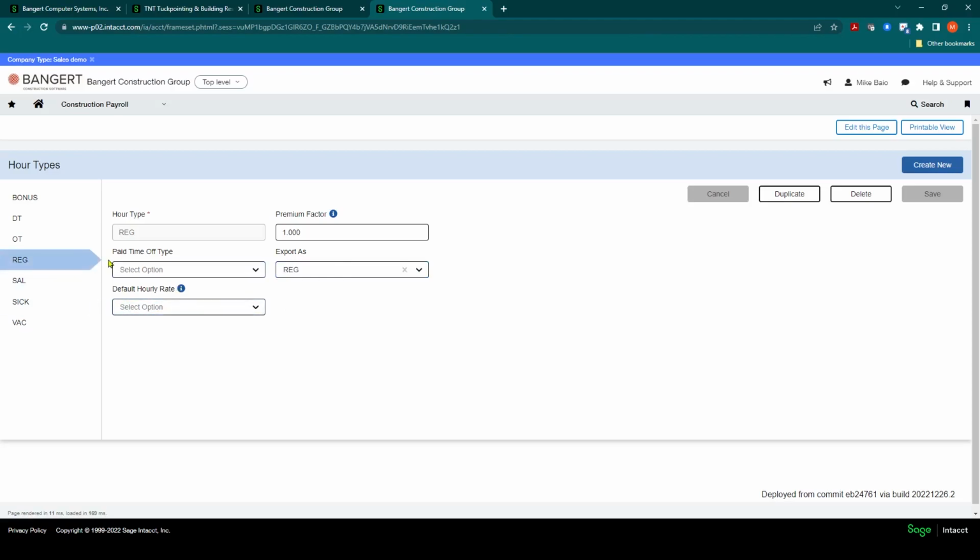In this scenario, it's not a vacation pay, and it isn't based on another rate. So you can also set up overtime, double time that have factors. So if you set up an overtime, for example, you can say it's 1.5 for the premium factor, and it's going to be based off the rate of pay for this pay ID, in this case, REG, regular.